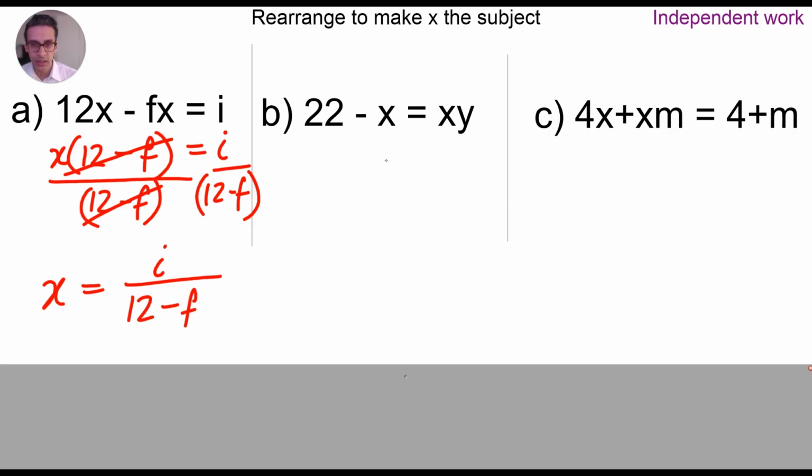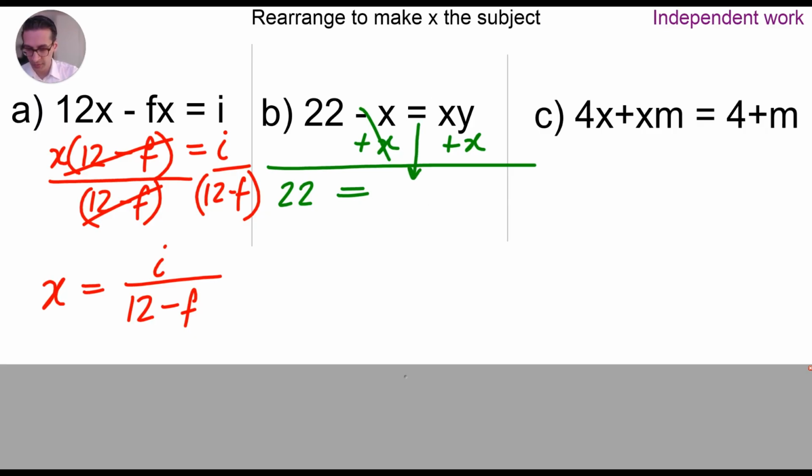Question 2, question B, we are going to need to rearrange this. So we're going to need to add x to both sides. So that's now going to give us 22. I'll just move everything to the left a bit so I can fit it in. So that cancels out. So it's equals. Normally the equal sign should be below, but we don't have space. Is equal to xy plus x. Now we're going to factorize the right-hand side. So 22 is equal to x brackets y plus